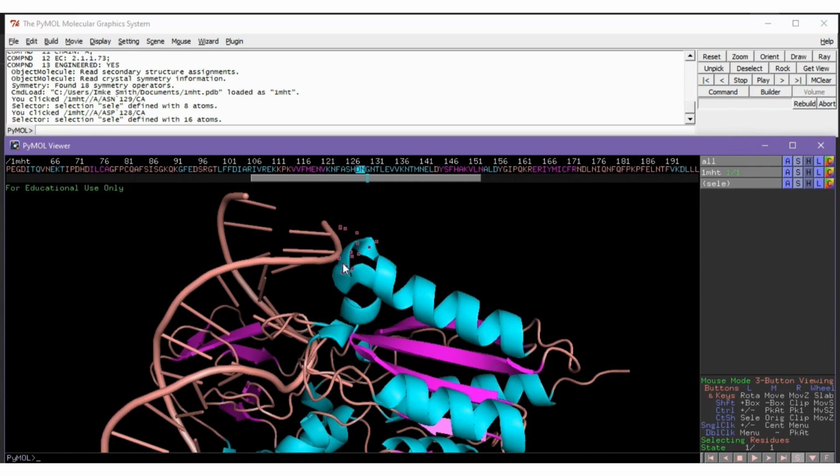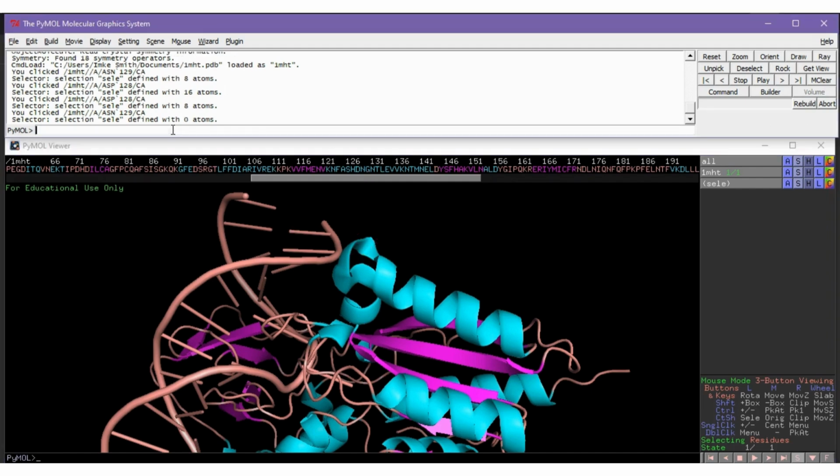So in order to fix this, let's go to the top console log, to the command line, and then we'll type in alter, space, with 4 forward slashes followed by the position of one of the residues followed by a forward slash, comma, space, SS for secondary structure equals, and then in inverted commas, L for loop.